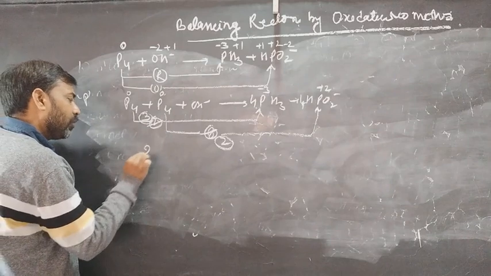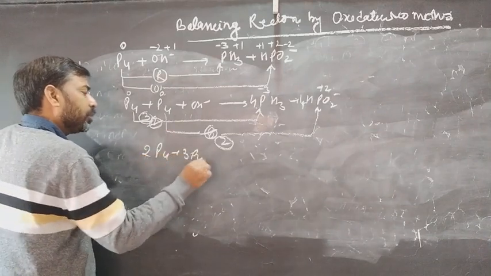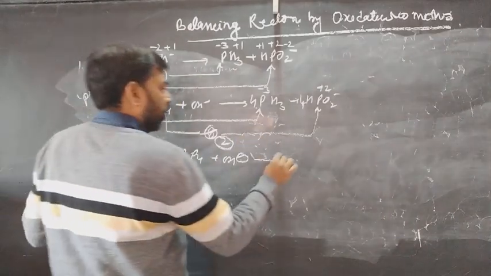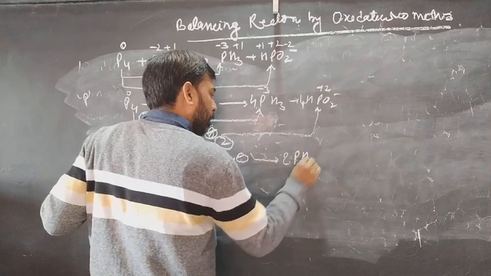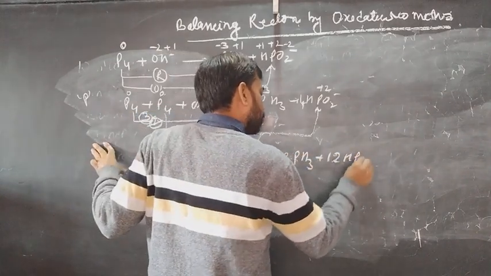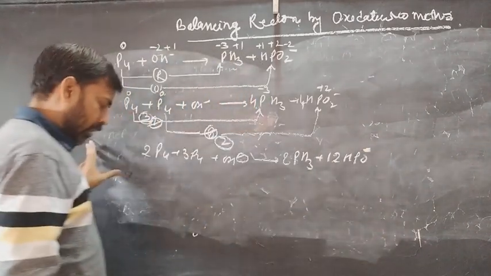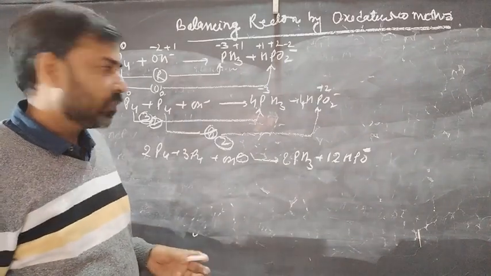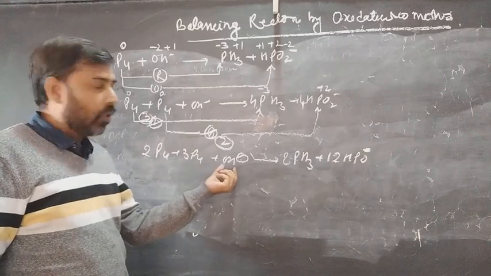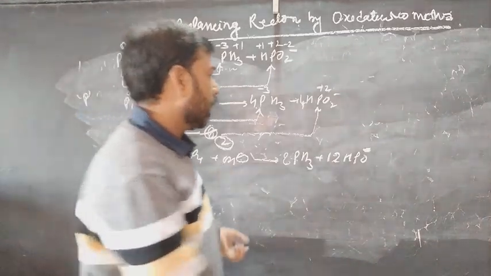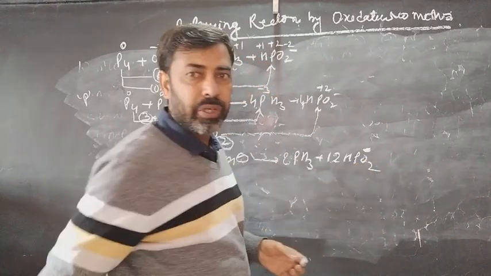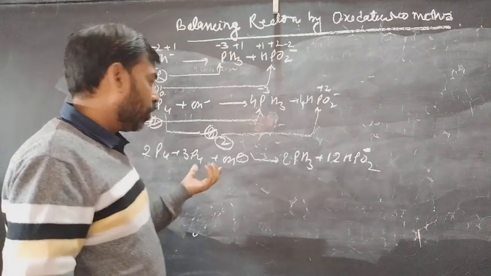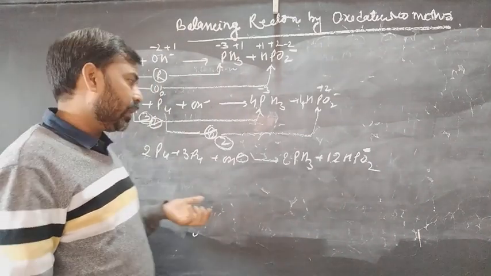So after cross multiplying it will be 2P4 plus 3P4 plus OH minus gives 8PH3 plus 12HPO2 negative. Now we have cross multiplied, we have balanced the redox. Now balance the oxygen. How many oxygens are there? On the left hand side only one oxygen of the hydroxyl, and on the right hand side it is 12 times 2, 24. How many oxygens are needed? 23. Where are they needed? On the left hand side, on the reactant side. So we are adding 23 oxygens